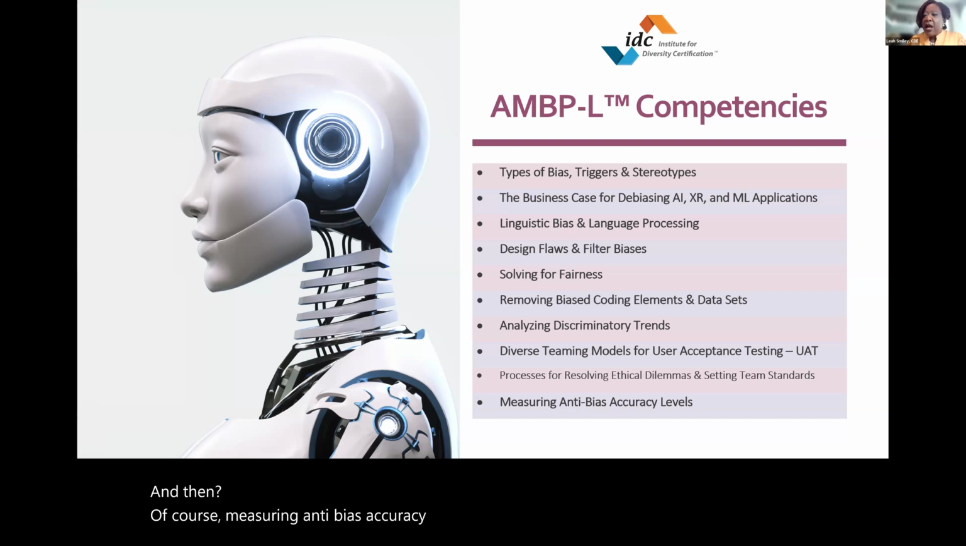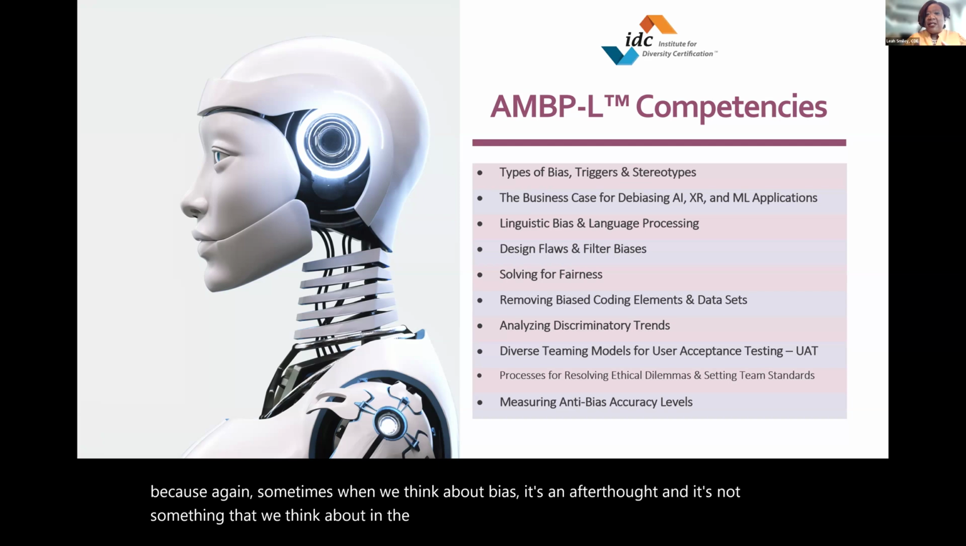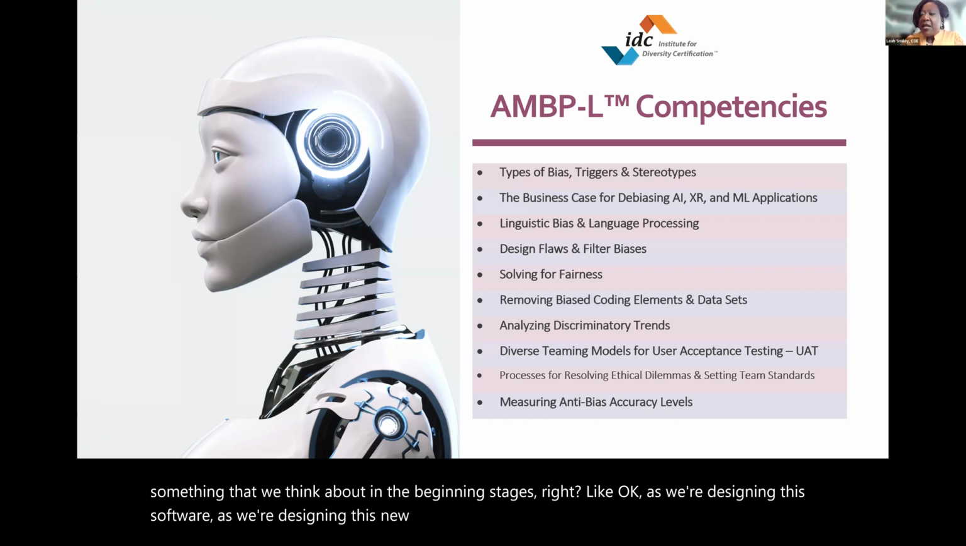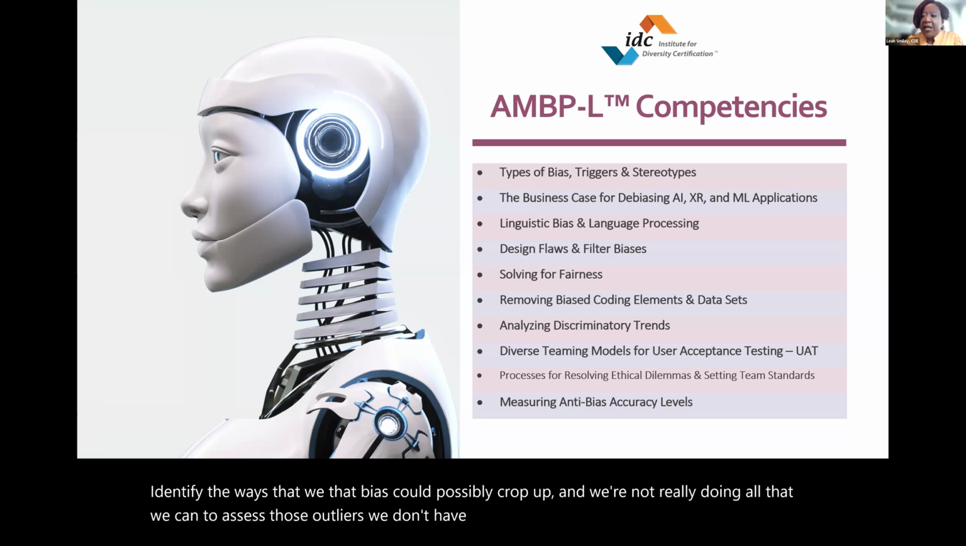And this is something that is very important because, again, sometimes when we think about bias, it's an afterthought and it's not something that we think about in the beginning stages, right? Like, okay, as we're designing this software, as we're designing this new system, we're not making it so that we identify the ways that bias could possibly crop up, and we're not really doing all that we can to assess those outliers. We don't have the proper systems in place to install